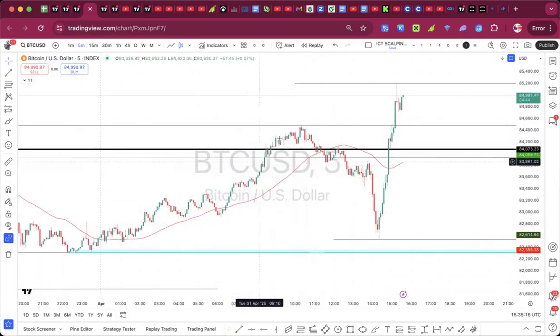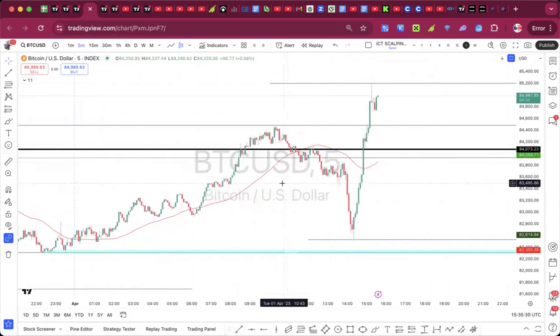Look at this, it is straight up. Then we have a low here and a high. Now, this is already broken. So very fantastic. If this one is broken on your 5 minutes, you are probably looking at